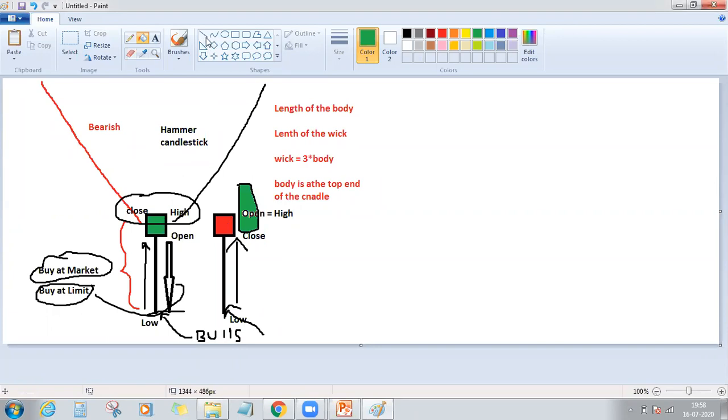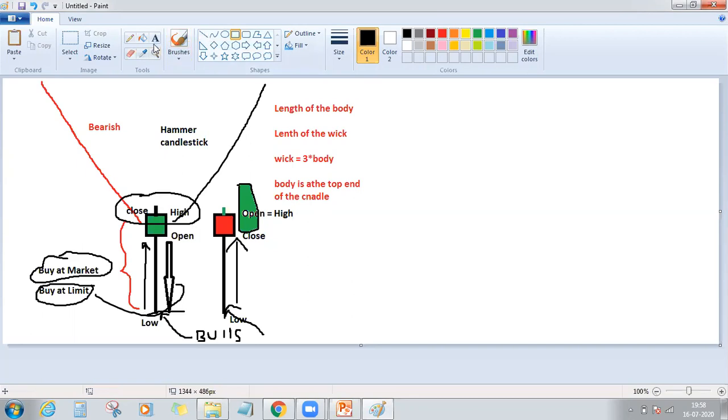Sometimes what happens is, because every time you cannot get close equal to high or open equal to high, sometimes small upper shadows will also be there. So this will be your high price and this will be your open price. Not much difference, because in the stock market nothing happens very precisely. Even the price that you get cannot be equal to the paisa, like 100.05 equal to 100.05. That cannot happen every time. So a small difference can be there. So you have to give that buffer.